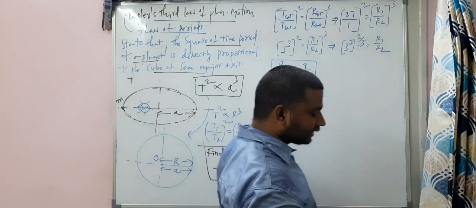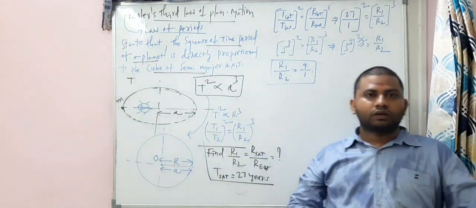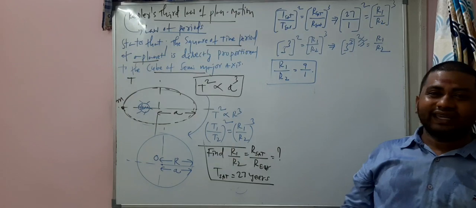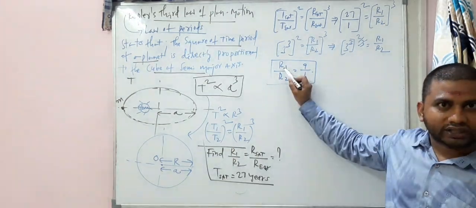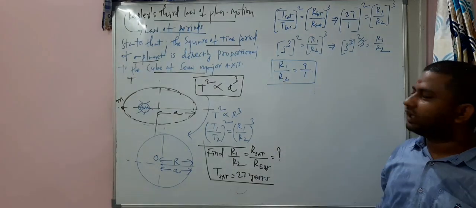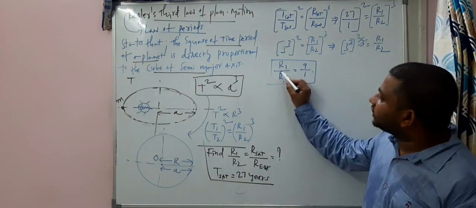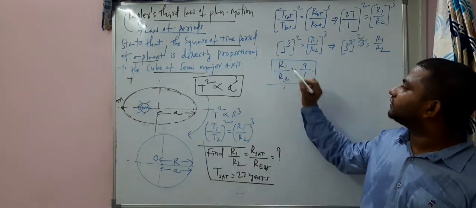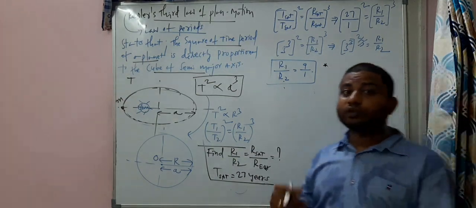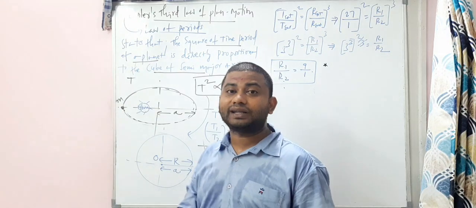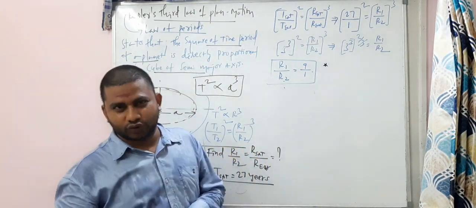They ask questions like this, right? So for example, in this case, if the radius of the Saturn is also given, you can find the radius of the Earth. If the radius of the Earth is mentioned, the radius of the Saturn also you can find. So like these questions will be asked. And some new questions you can see in the assignment as well as in the exam, my dear students. Some new questions.